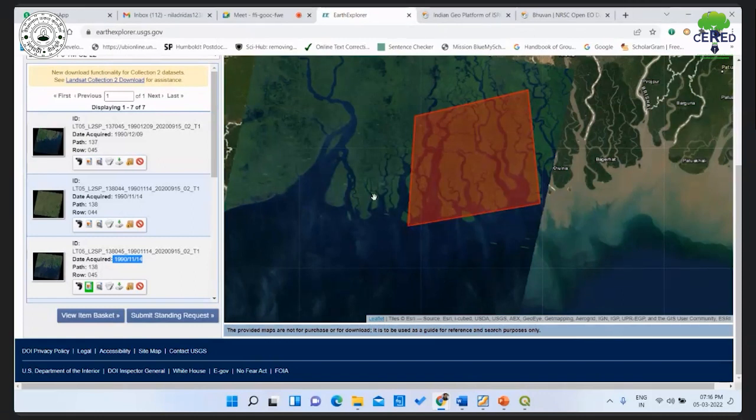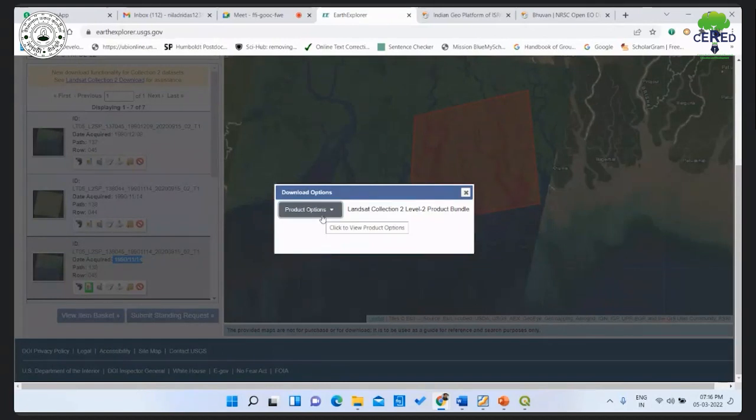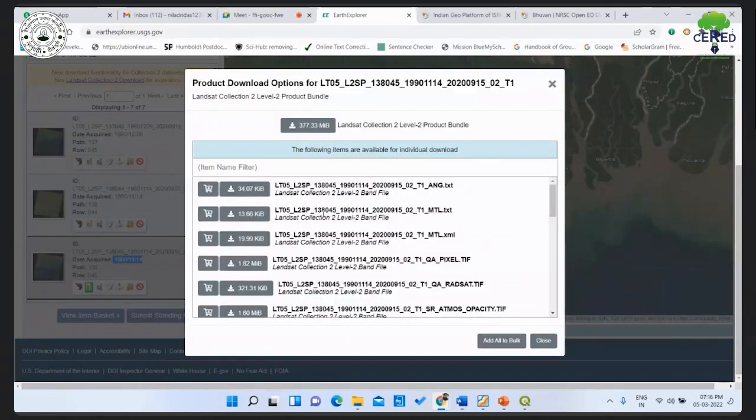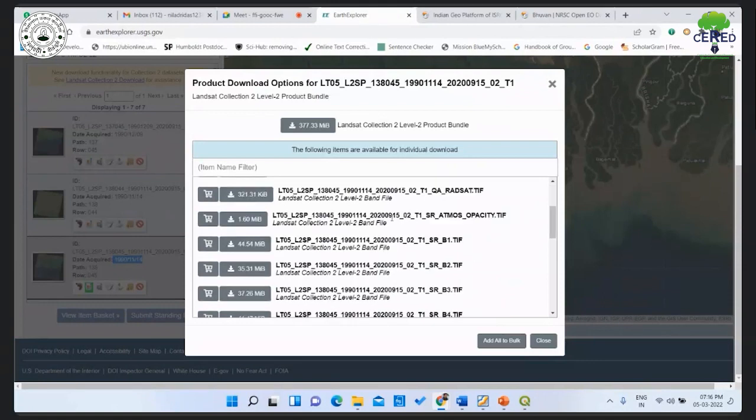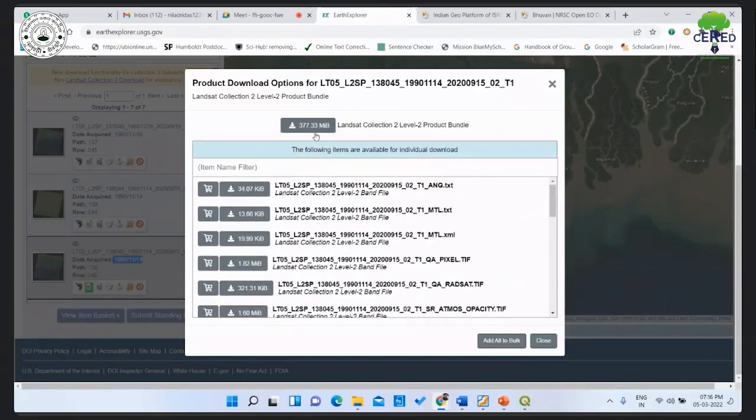Before downloading, you have to log in with these browsers. If you are not logged in with the browser, the downloading option is deactivated. This option is only active when you are logged in with your proper registration ID. Then you can activate this icon and click on download. If you click on download, it will ask you for the product option. Here each and every band you can download separately, band 1, band 2, band 3, or you can download in bulk by